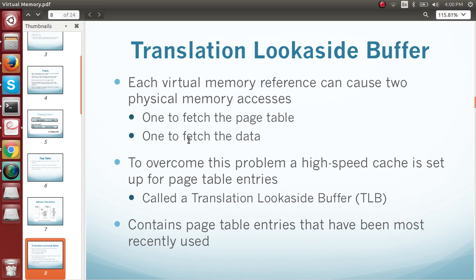So once you have that kind of calculation happening in the back end, it will cause a lot of performance setback for a system to execute a process. So what you introduce is a cache which will give you the most used places into the system, and once a TLB hit happens, it actually